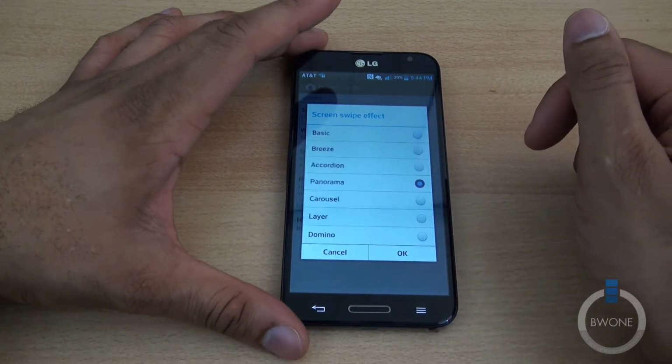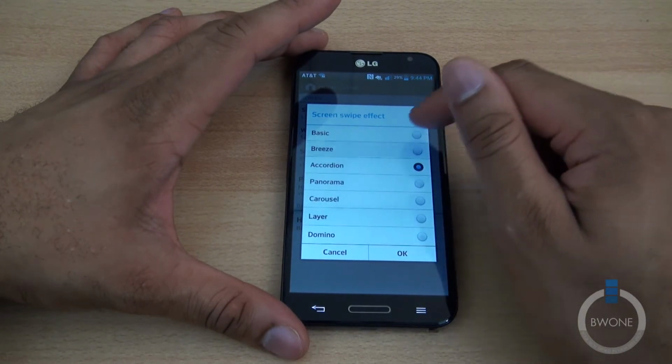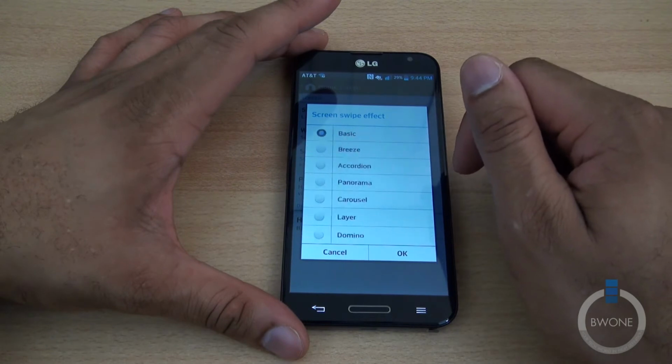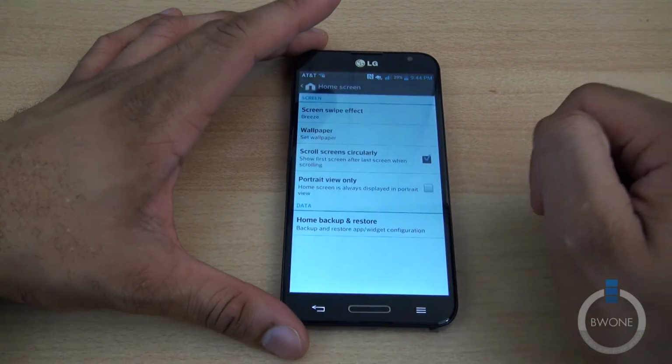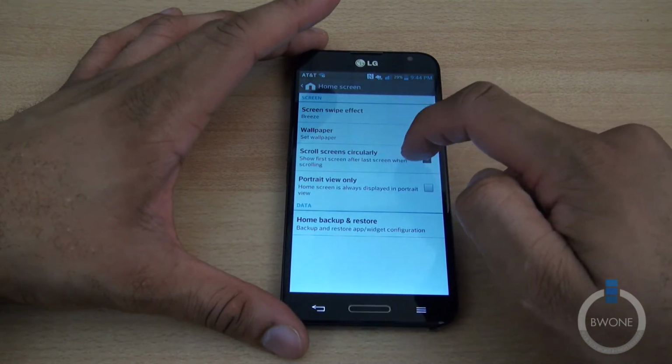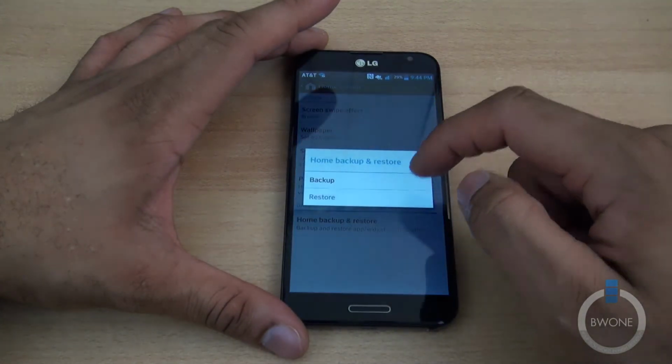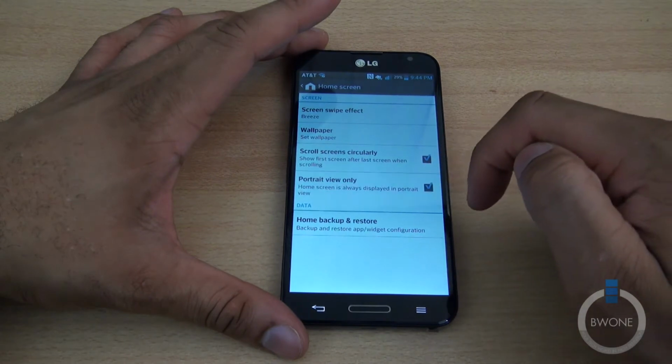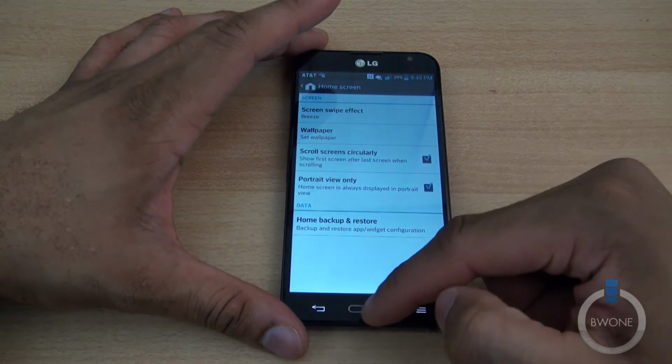Carousel, panorama, accordion, breeze, basic. I should change it to breeze, kind of like that one. And scroll screens circularly, sort of first and last screen when scrolling, portrait view only. If you always want home screen, this is displaying portrait view. So if we hit that,